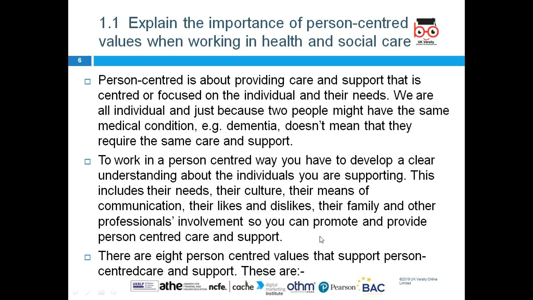So you can promote and provide person-centered care and support, you need to understand their own situations so that a care plan can be developed for them. There are 8 person-centered values that support person-centered care and support, and these are: